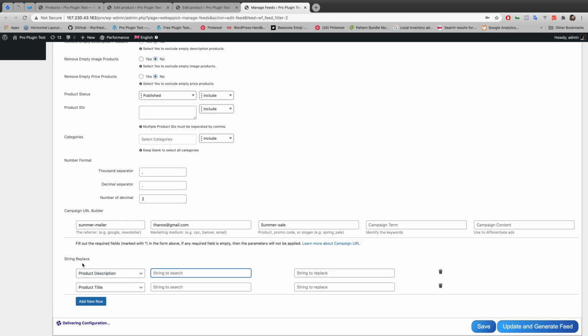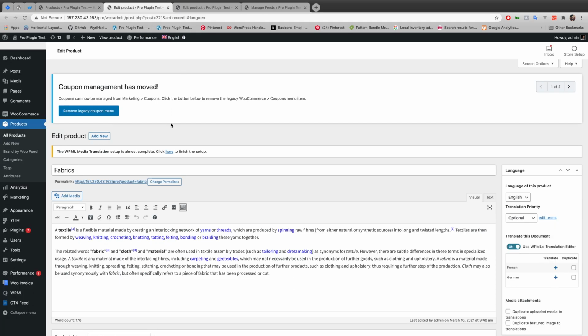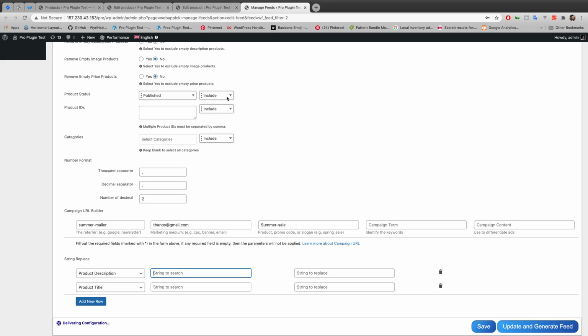And obviously I've made my first string replace attribute product description. So I'll be looking at the description of my fabrics and I want to replace this string flexible with something else. So let's just type flexible at my string to search and I want to replace this string flexible with comfortable.